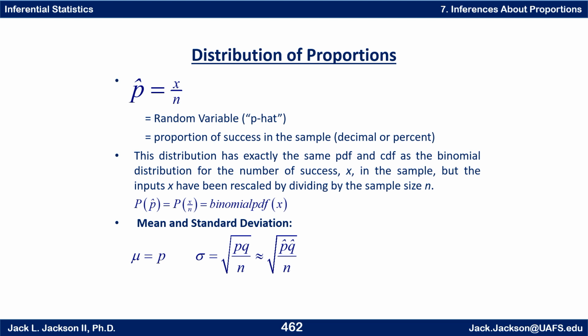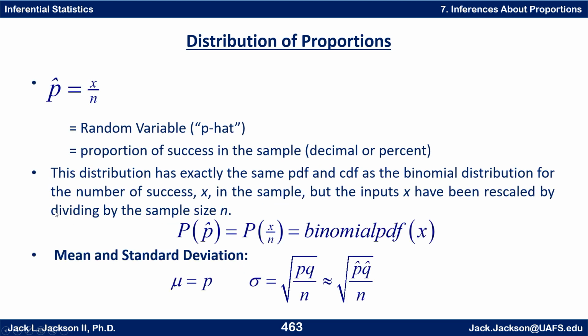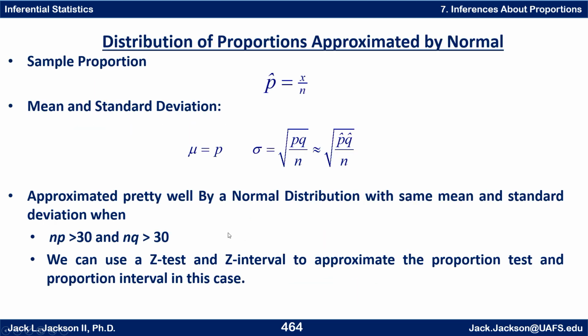But we will have a p hat, which is our proportion in our sample, and of course q hat is just 1 minus that, and so we could use this thing right here to approximate that standard deviation, and that's what we'll do when we're building a confidence interval. If we're doing a hypothesis test, of course we can just use this version right here. So of course we can do proportions, probabilities with a binomial, but we can also do approximations with a normal